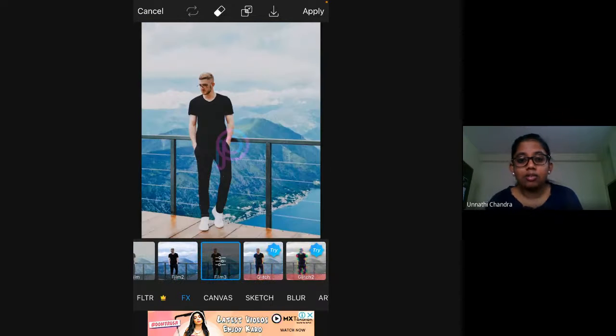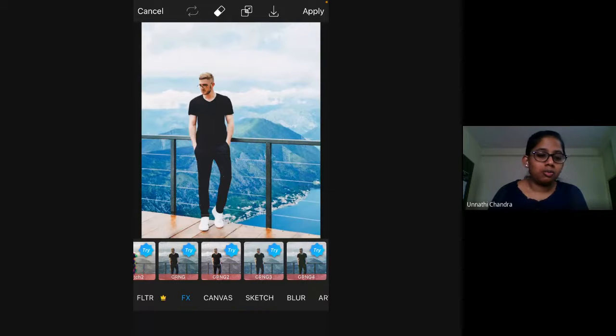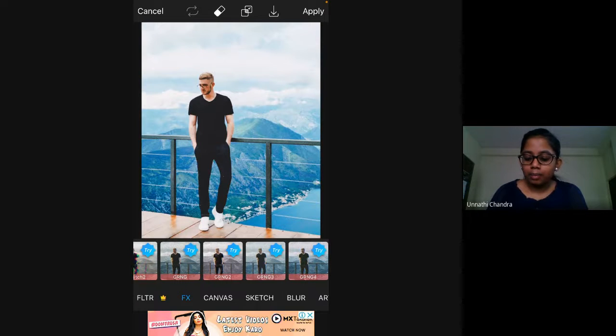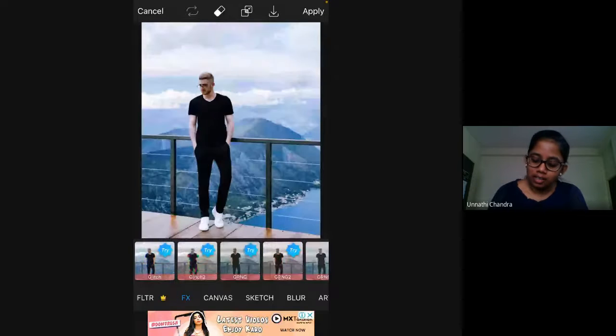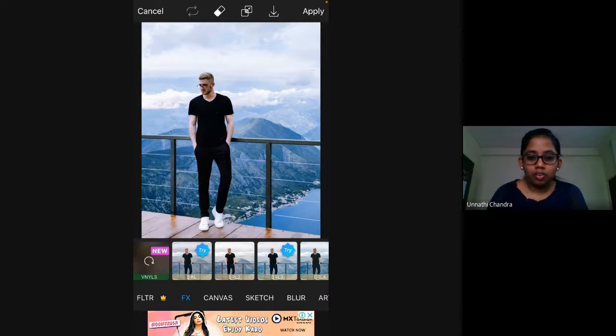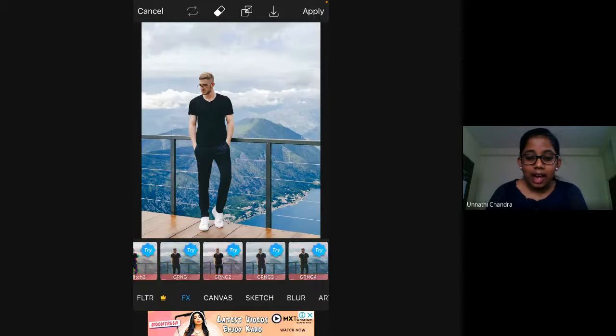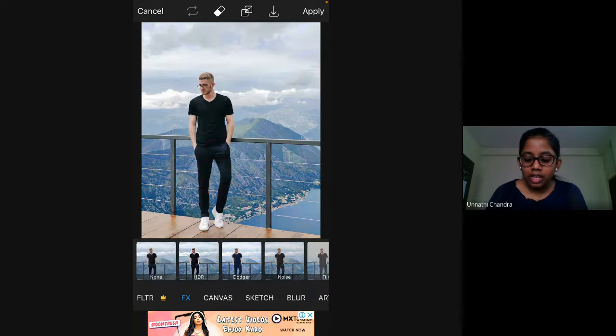There again, PicsArt is a free app, but there is also a pro version or gold version available which you can use. Right now we are using the free version of the app, so there are a lot of other filters which come under the pro version, so you need to buy. It requires a paid version if you want to use, but there are others beyond that also. As you can see, in between there are a few free filters available. You can select whichever you like, and yes, this is just effects.